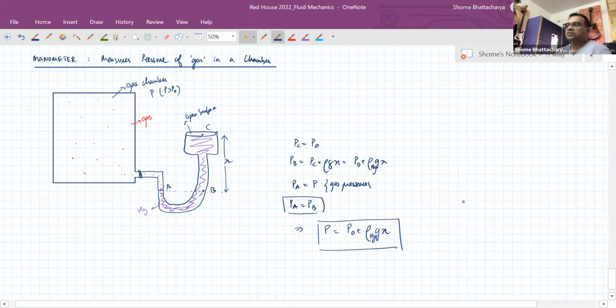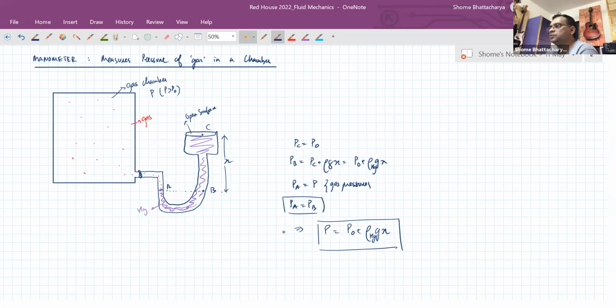Okay, so there are some variations also of manometers with slightly different structures and how the mercury tubing and all is done. But they all work on the same principle that you can compare 2 points in the mercury column which are at the same horizontal level, and in one you can compare the pressure in terms of atmospheric pressure plus some column pressure because of mercury above it with respect to a reference open surface, and the other point you can compare with respect to the reference pressure of the gas inside. So from that you can get a comparison between the gas pressure and the atmospheric pressure, in terms of density of mercury into G into some height difference.